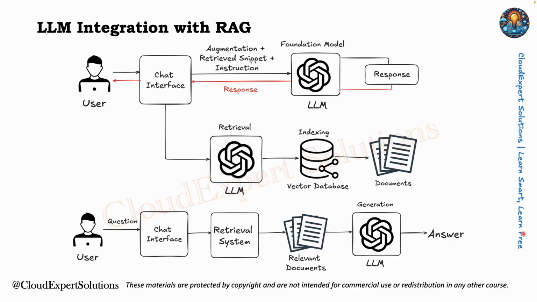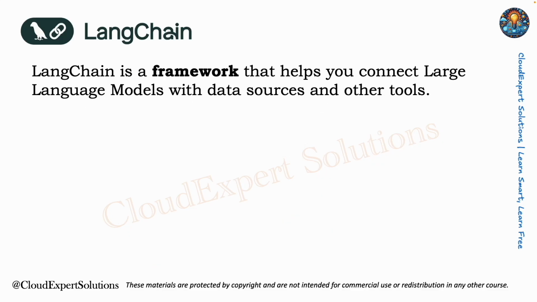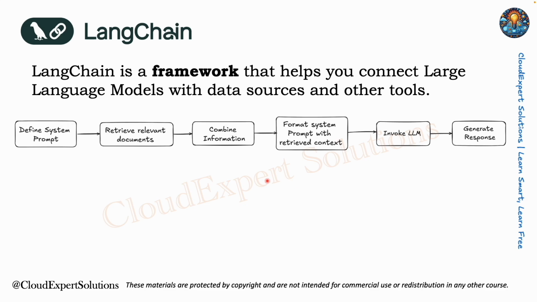LangChain lets you connect your chatbot to your knowledge bases, databases, or even external APIs easily. LangChain is a framework that helps you connect large language models with data sources and other tools. Instead of writing tons of custom code, you can chain together steps like: first, we'll define the system prompt, then we can retrieve relevant documents, and then we can combine information from different sources, followed by formatting the system prompt with the retrieved context, and then we can invoke the generation model or the LLM to generate the final